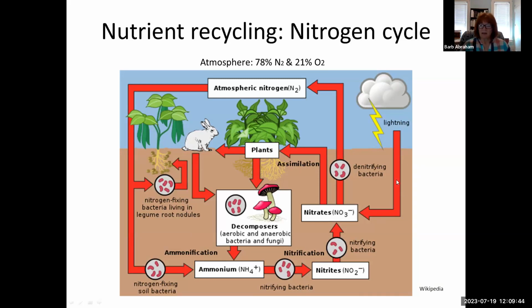Yes, lightning does put a little bit of nitrogen gas into a form that plants can use, but it is really not very important compared to the bacteria. And I would like at this point to put in a plug again for no pesticides of any kind, not just insecticides, but also herbicides, fungicides, because you don't know what they're doing. I have not really looked at the peer review literature, but all of these poisons are not doing these nitrogen-fixing bacteria any good. It may not affect them much. It may affect them a whole bunch. I can't tell you, but it's certainly not food for them.